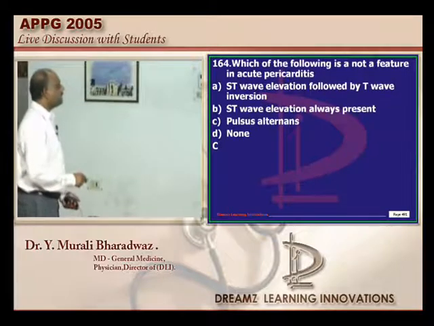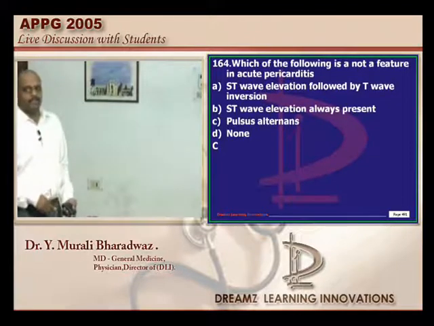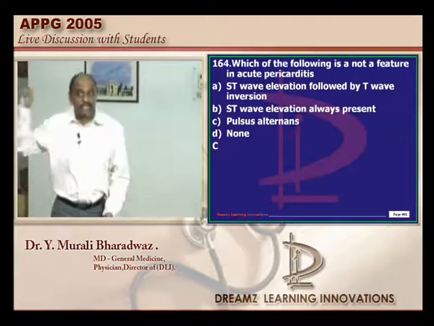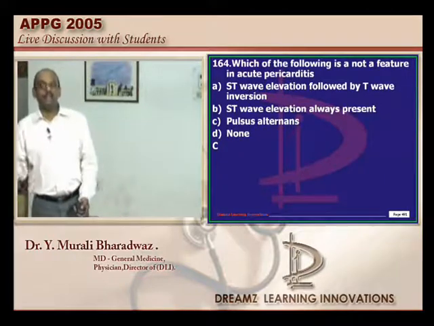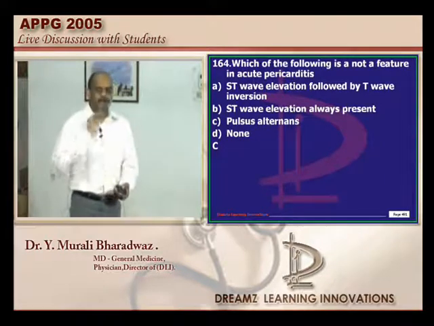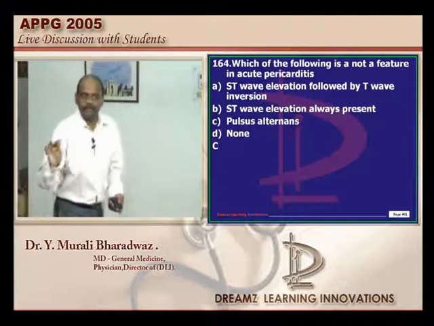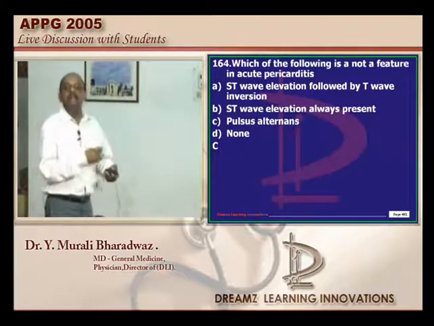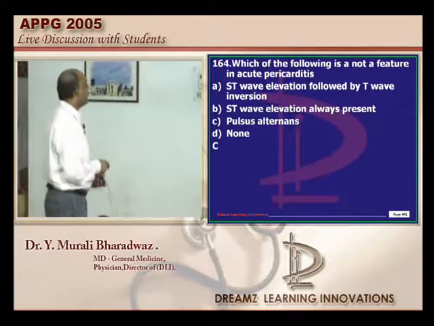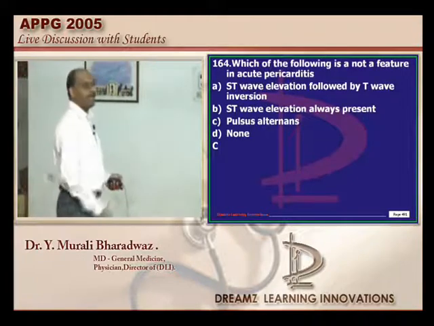Pulsus alternans is more often a feature of which condition, doctor? Pulsus paradoxus is different from pulsus alternans. In pulsus alternans, one beat is strong, one beat is weak. So when do you find that? If there is any left ventricular dysfunction, typically the patient will develop pulsus alternans, is what needs to be